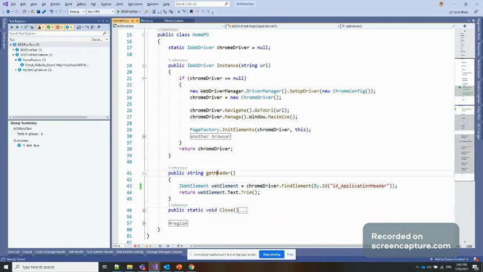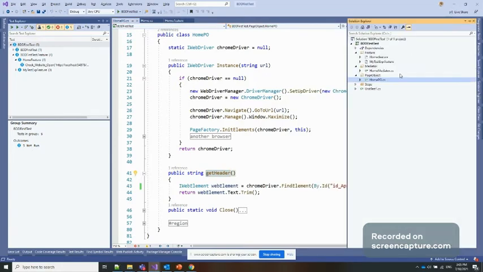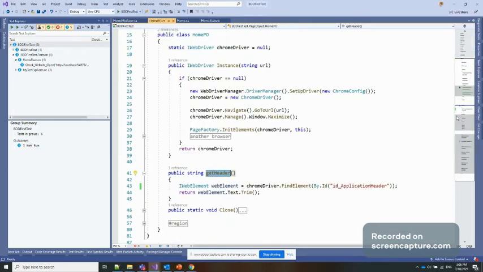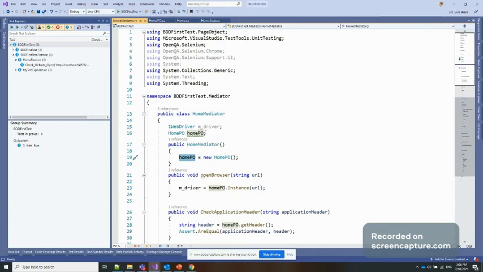So this get header is actually used by our mediator. In the mediator, here I just added the home mediator. In the home mediator you can see we created the instance of this PO object, because this one is a plain public class.